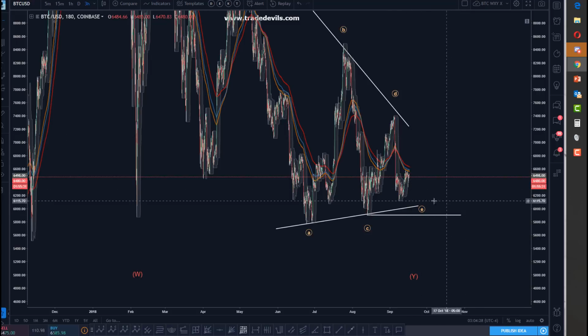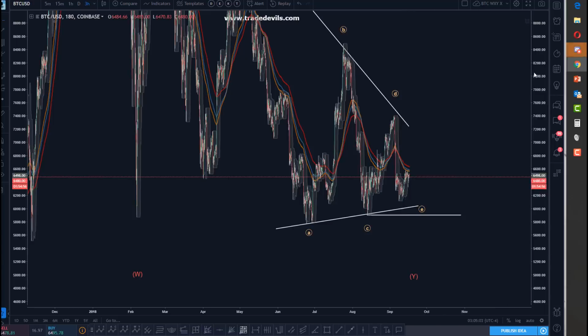And moreover, for those of you who are members, you've seen me count this a bunch of times over the past week. There's no way this is a simple little pattern that's going to go all the way up here. It's just massively complex and looks very much like this, except even uglier, and with less volume, no mojo at all whatsoever. It looks like it's about to keel over and die. In fact, I'm thinking it might be a WXY with a Y triangle being put in here before it goes down.